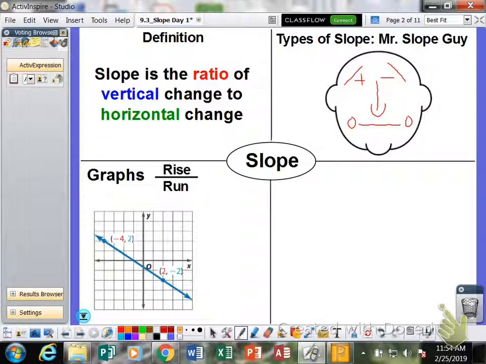And then another way to find slope, we can use rise over run. So to find the slope of this graph, we're going to use rise over run. So our rise is how many units straight up or down on the y-axis we go from the y value in the first ordered pair to the y value in the second ordered pair. So in this example, we're going to go from 2 on our y-axis in our first ordered pair to get to our y value in our second ordered pair, we have to go down